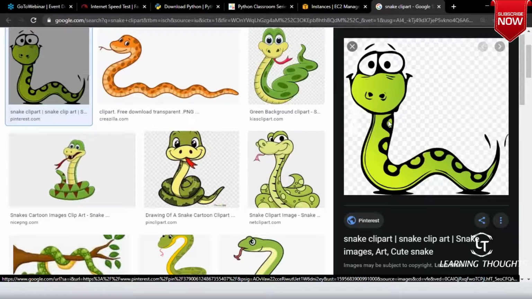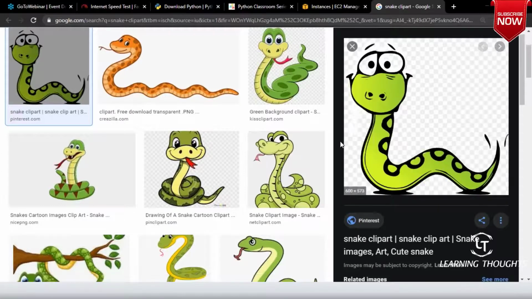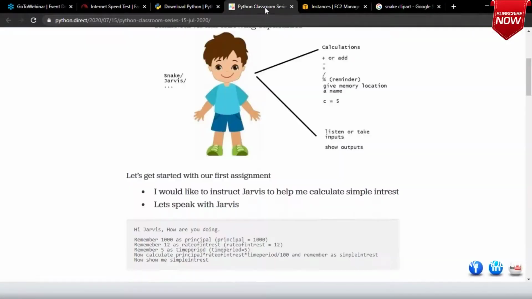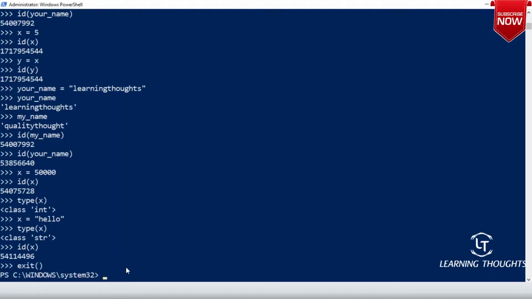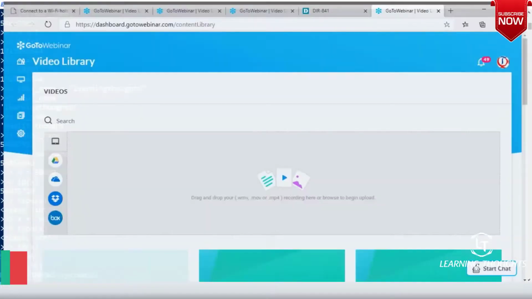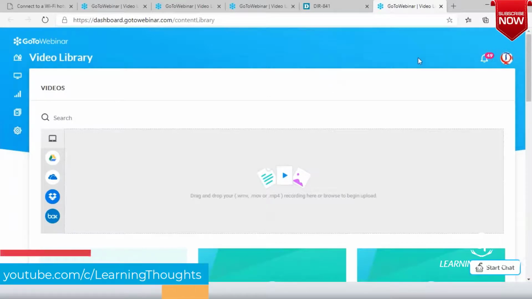Yeah. Good. Okay. Right. So today's class was very simple, right? ID and type. Okay. And you have to basically open your Python stuff. There are some of the people who are facing issues with Python installation. For you people, I will quickly install Python for you. There are some of the people who are still facing issues. For the people who are not facing issues, you can log out from the class right now.